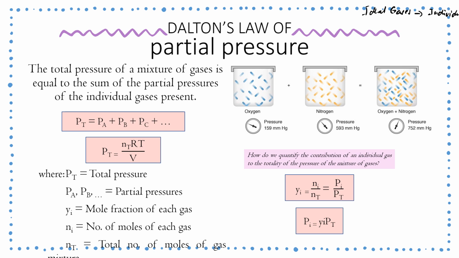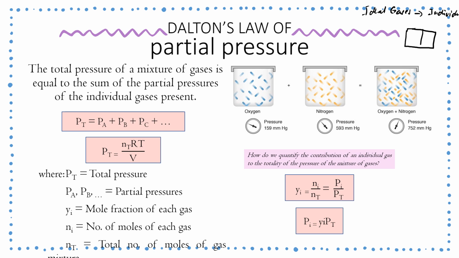In Dalton's law of partial pressure, we have two gases. Talking about pressure, if we contain two different gases in one container,